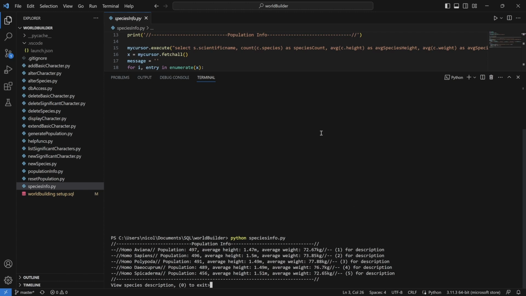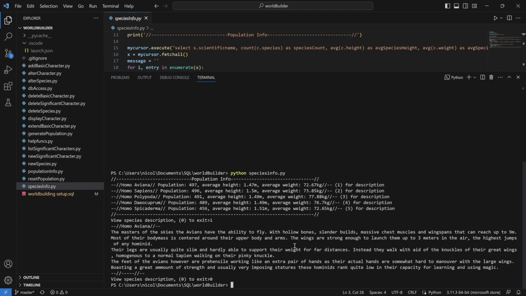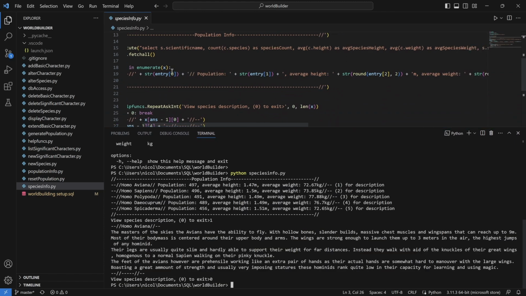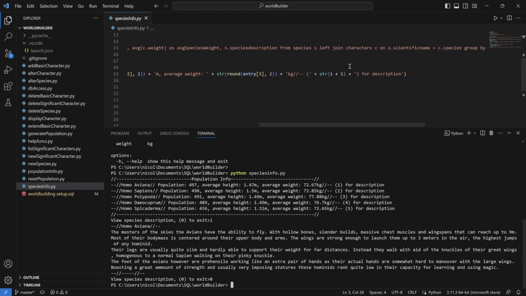Inside of this script, you also have the option to view the extended descriptions of the species that you can add to them. You can see up here this very long query, which is a join between species and characters,